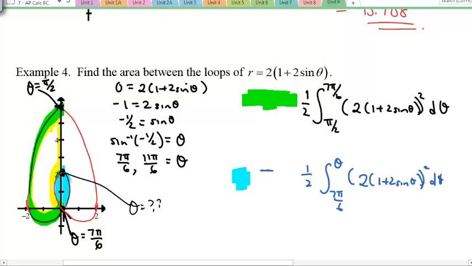That's when r equals 2. And if you do some calculations, I hope you can find that that's going to be,